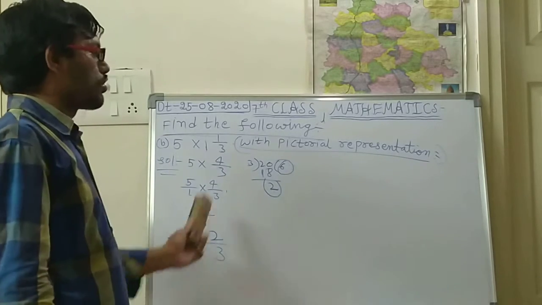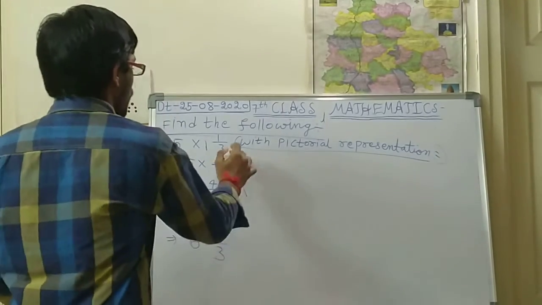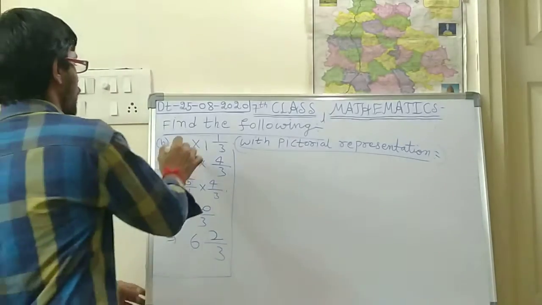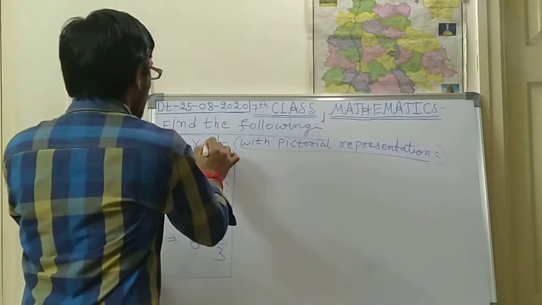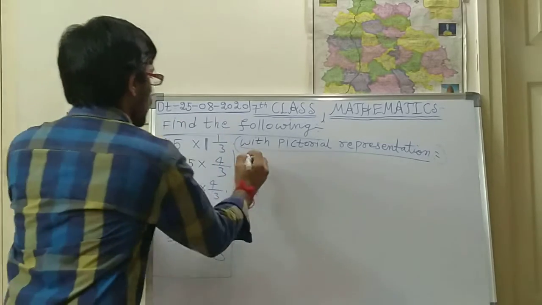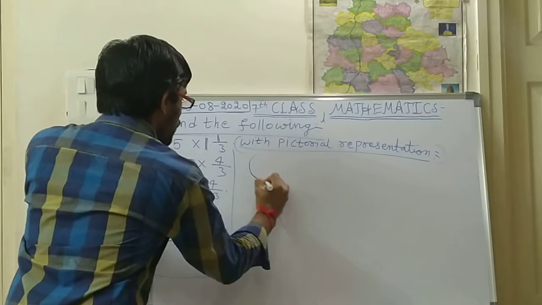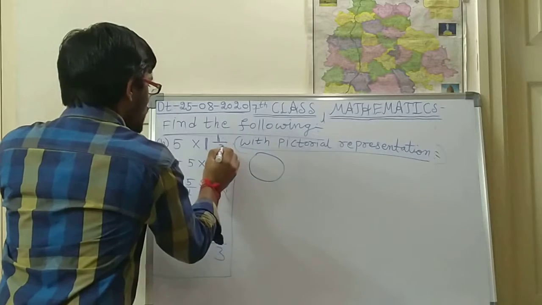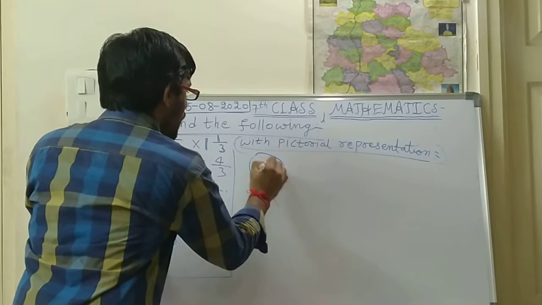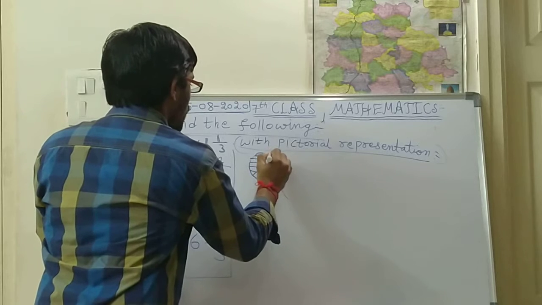Now this one you should show in the pictorial representation. That is very important. If you got the pictorial representation correct, then whatever you have done is correct. So 5 times you should do. How many circles should you draw? First 1 by 3. 1 means 1 full circle you should draw. In each circle how many parts are here? 3 are here, so you should make 3 parts, and do it as a full circle.